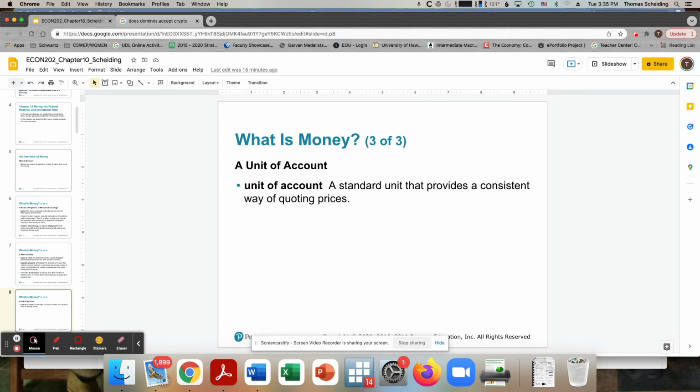And then again, the money needs to fulfill the condition of serving as a unit of account, something that prices are quoted in. And to be honest, the dollar is the dominant way that we quote prices in the United States. In Canada, they use both the Canadian dollar and the US dollar, as far as I'm aware. And in Europe, you would see either the British pound being used in England, or in the European Union itself, the euro, with the exceptions of Switzerland and the Nordic countries using their own currencies.